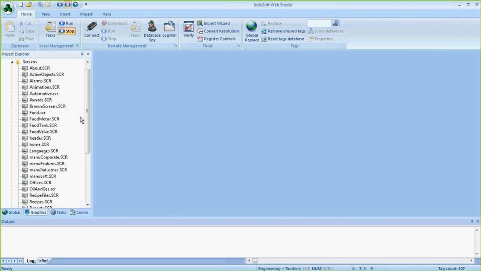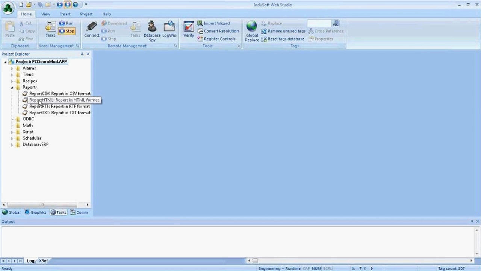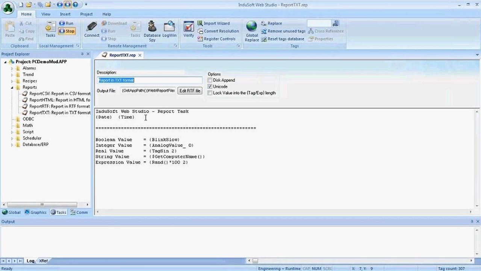Within this project, we have built these tasks for reports, and you can see we have the four different types here for text, rich text format, HTML, and CSV. So I'm going to open these up and show you that this just has text in it, and wherever the date and the time are, or these built-in functions that are included in the curly brackets, those will take a snapshot of the value at runtime and print that to the report. So take a look at this format. You'll see this in a minute. I'm going to close this, and then I'll bring up the